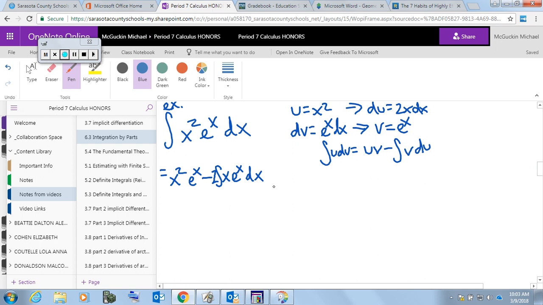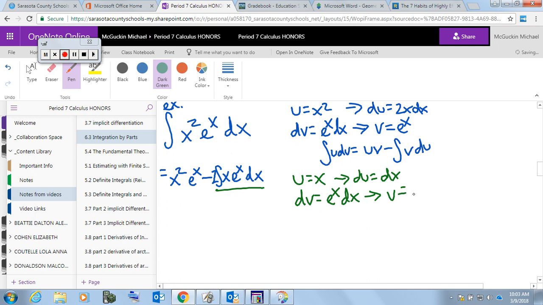And so we're going to use integration by parts again in this scenario. So I'm going to change colors. For the new integration by parts, once again our polynomial is there, so we'll make u equal to x. We'll make the dv equal to e to the x times dx. du will end up just being 1 times dx, and then v will once again just be e to the x. Okay, there's our 4 parts for the new